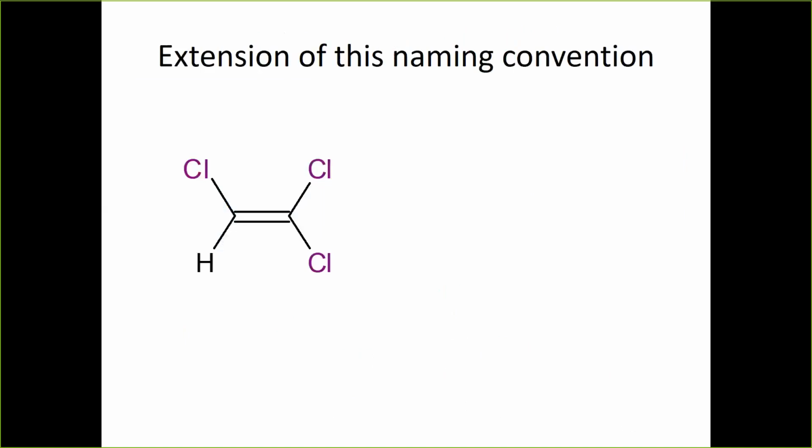So here's an example of how this can be extended. This compound that you're seeing here, this is an ethylene. It has 3 chlorides attached to it, and therefore it is trichloroethylene, or TCE. And TCE is of interest also. That's another IARC 1 compound, which is a known carcinogen. It can cause kidney cancer and non-Hodgkin's lymphoma. It also has the same kind of CNS depression activity that you would expect, and it has some hepatotoxicity.